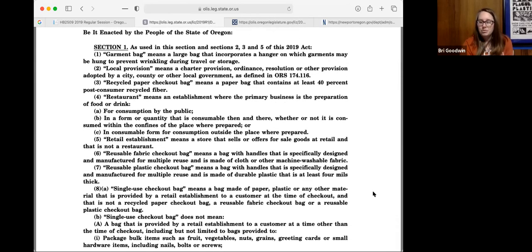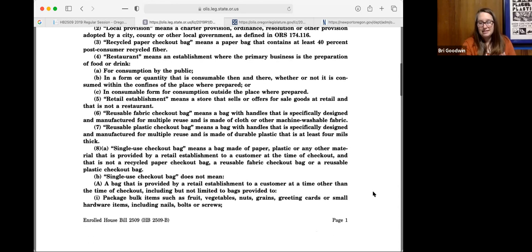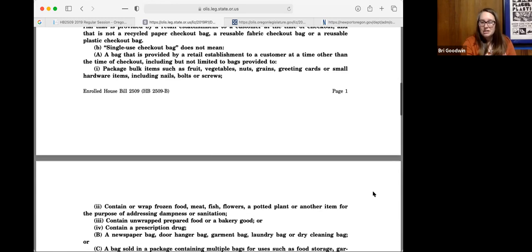Anna went through the anatomy, but I want to go through a bill to look at some of the really important parts. Oftentimes the definitions are the most important part of a bill, because that's where loopholes can be found. And this is getting to what Dia started alluding to in our last session. When you're looking at bags, which is what this bill was, it's really important to define everything that's being used in the bill. And this can be super tricky. A big example of this is right now, legally, stores are using reusable plastic bags that are a certain thickness. And that is a really tricky thing to define